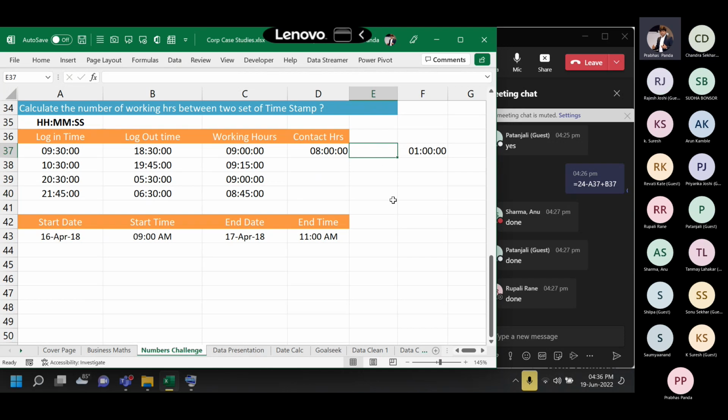Sometimes we go multiplying by 24 to convert the data into a number. All these things are important. That's the reason why we prefer to do it manually. That is why, if you see